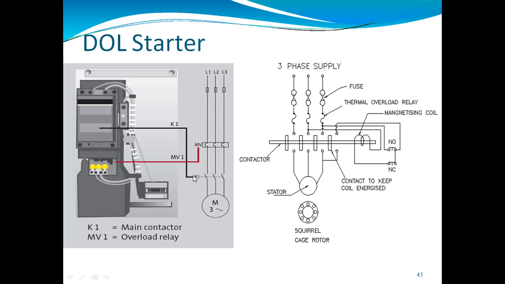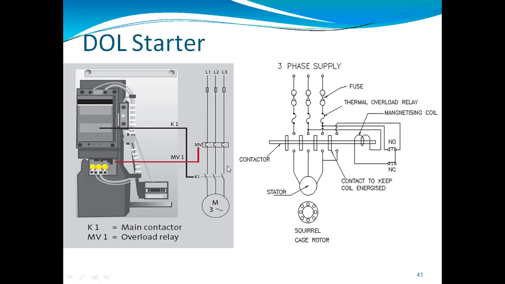यहाँ पे जो switch है ये close हो जाएगा. It means what? जो power दे रहे हो ये directly यहाँ पे मिल जाएगा. Because when we are giving the three-phase supply to the stator, and if you are making that three-phase induction motor directly online by using the DOL starter, at that time here we are using the contactor, so it will get energized and it will close these three phases of the motor.